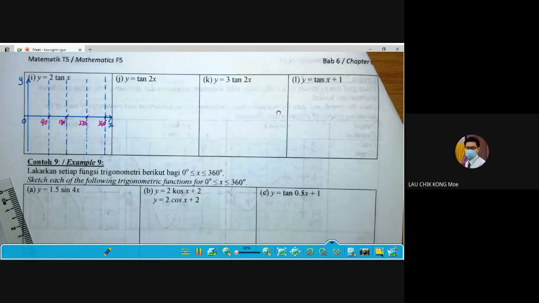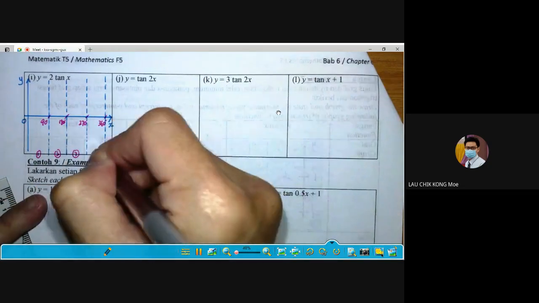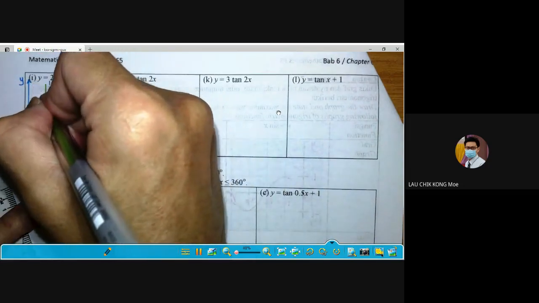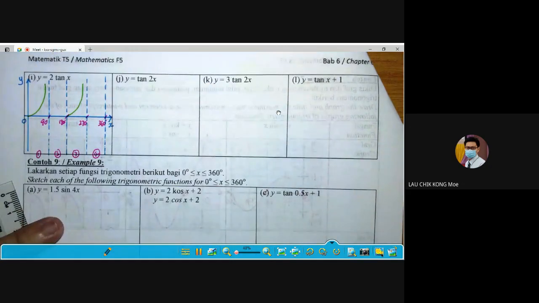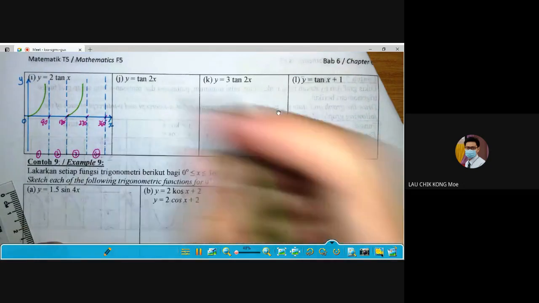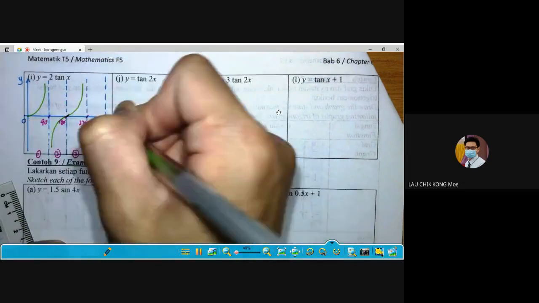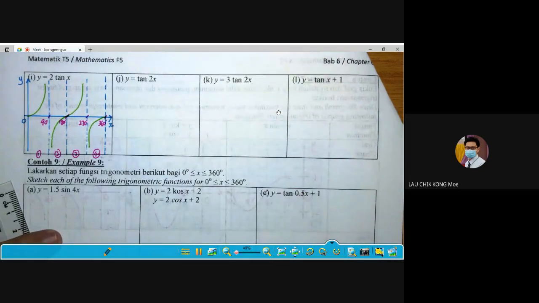Nanti kita tengok lukisan anda lah. Tengok siapa punya lukisan yang kemas. Okay, and dia punya graph is first column. This is first, second, third, and fourth. Okay, first and third, the graph is above the x-axis, 1 and 3. Okay, like this. And then for the column 2 and 4, like this. Dia ke bawah, dia opposite side lah. 2 and 4. Oh, ini lari sikit. Graph dia macam ini.